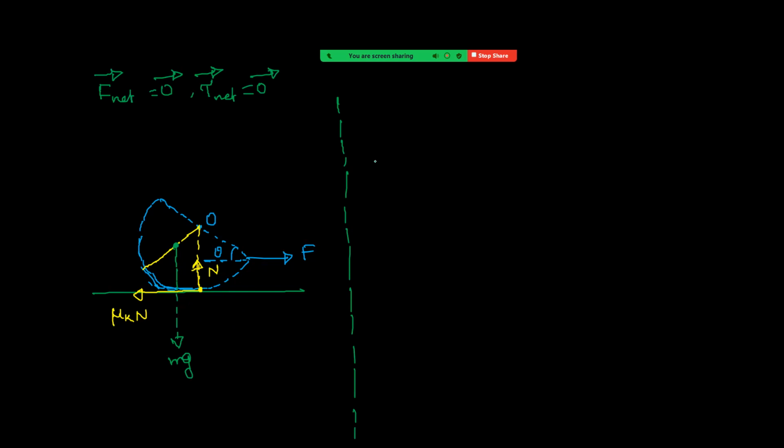Now see what the torque is about the contact point because of F. It is F into, you can see here, this is R. This will be R sine theta. This length is R sine theta. Remaining is R minus R sine theta. So F into (R minus R sine theta). So force into perpendicular distance. Okay. Right. That is equal to